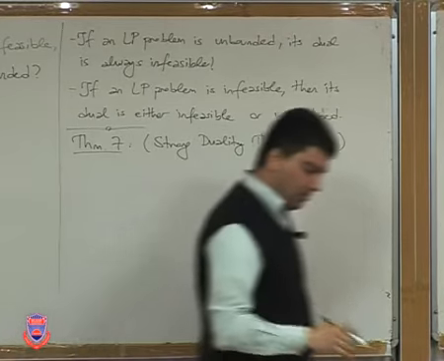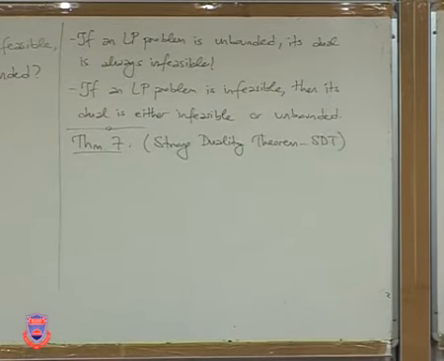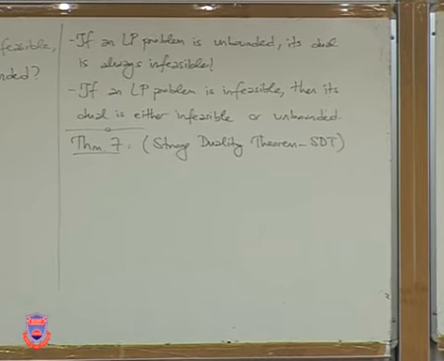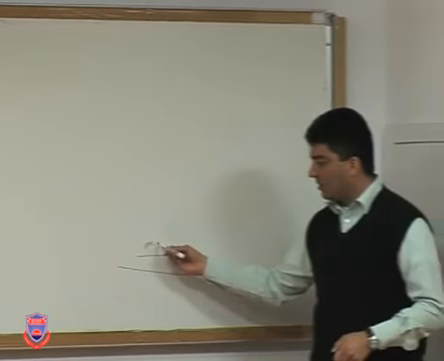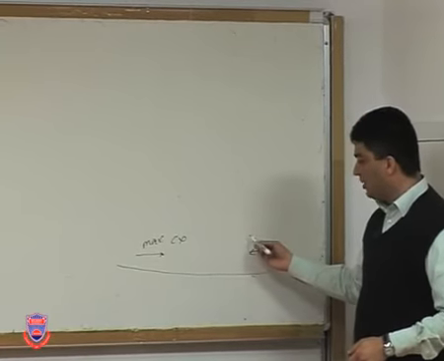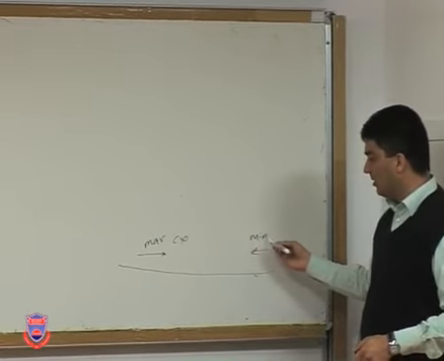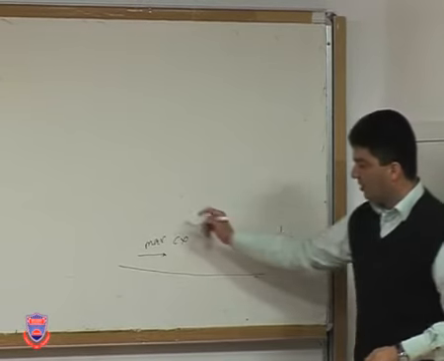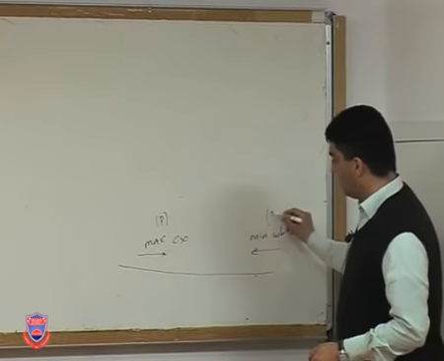Let's pause for a second and see the steps that we have taken so far. We started with a primal dual pair of LP problems. Primal is a maximization problem, dual is a minimization problem. On the real line, we showed that the primal problem is trying to make Cx as large as possible, and the dual problem is trying to make WB as small as possible. So in some sense, they're playing games. This is the primal problem, this is the dual problem.